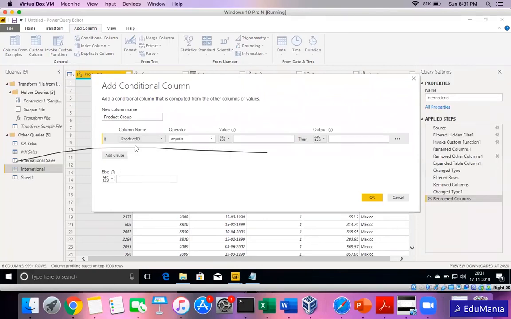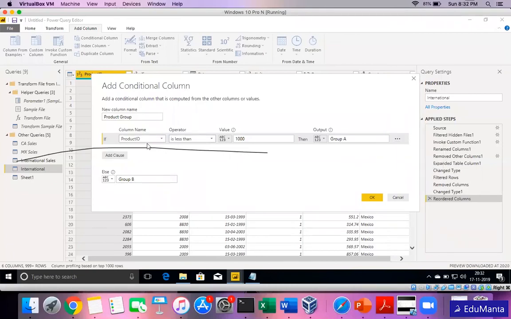Now it will be: if product ID is less than 1000, then group A, else group B. And here you see there's also an add clause option. If there are multiple if else statements, for example if it is less than 1000, then this; if it is less than 2000 but greater than this, then you can go on adding clauses using this.